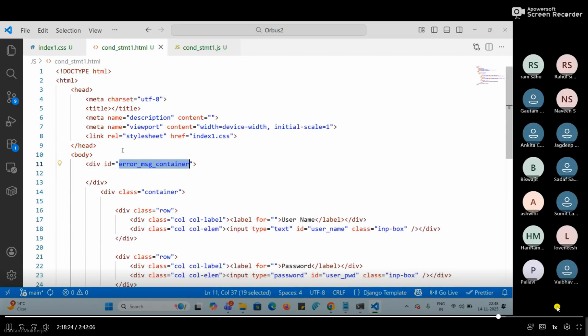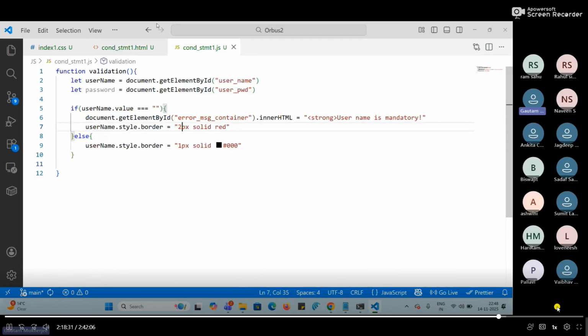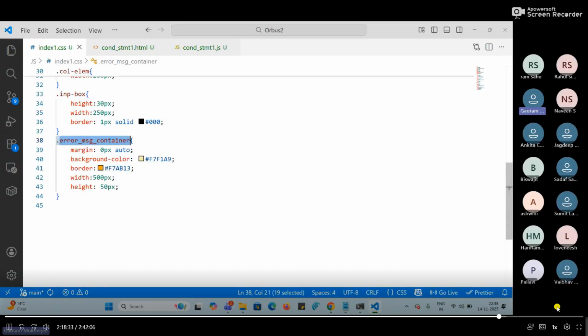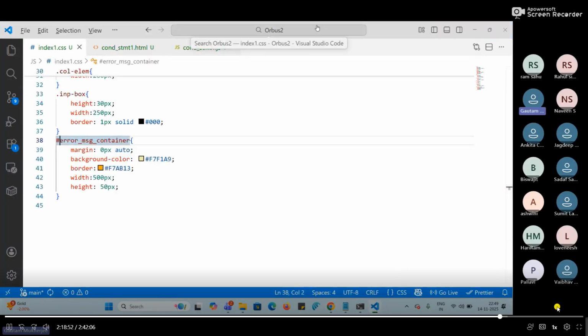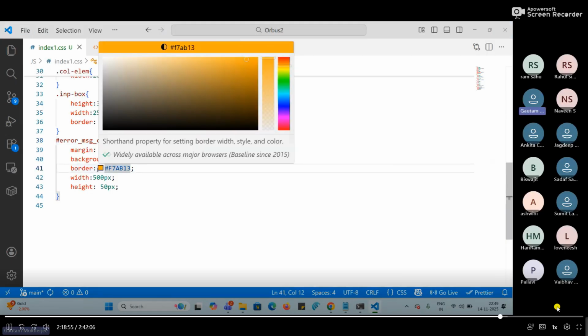So we have this error message. Oh, sorry, this is ID. So if it is ID, then what should I do? Instead of dot, we should make it hash. Okay, so by default it is appearing here. First thing is that the background is looking good. Maybe I should bring a better border. Border, this is my mistake. I should write